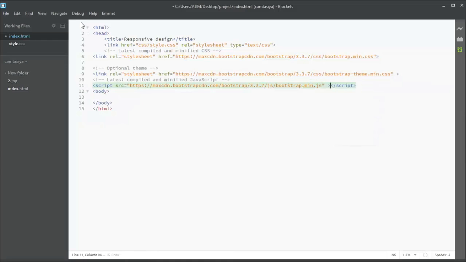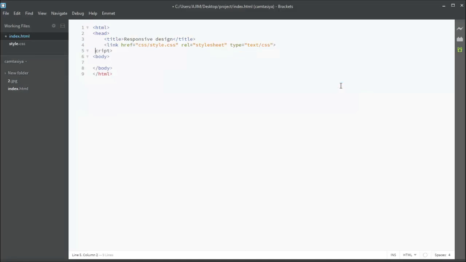Okay, so this is the second way where you can link the Bootstrap file, by using the CDN files of Bootstrap. I hope you are liking it. After this we have a third way, so let me discuss that as well. I'm sorry, we made a mistake somewhere around the head. So I'm coming here.